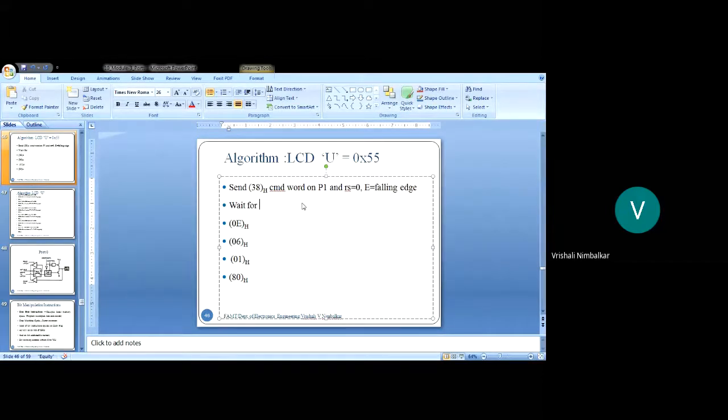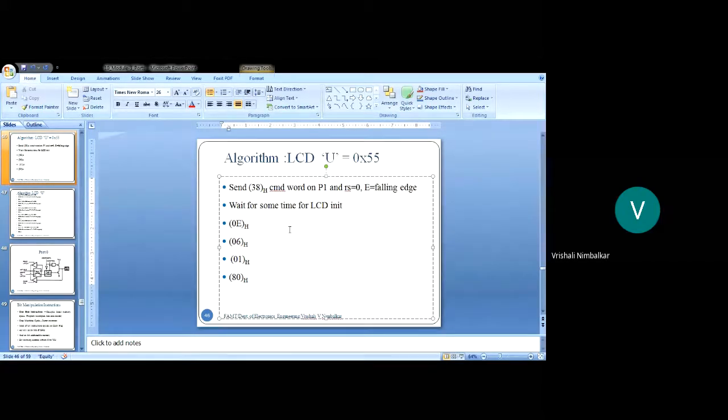So wait for some time, for LCD initialization. Hope you all are getting me, students. Send the command word and wait for some time.